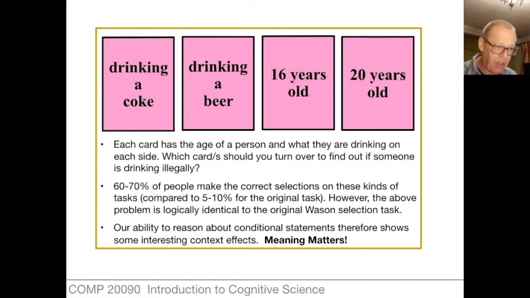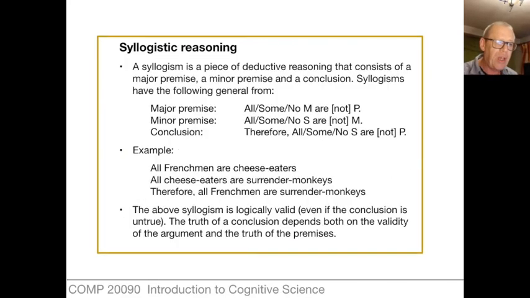second assertion and then a conclusion. Propositional logic goes much further. We can enlarge the set of the kinds of propositions we have. So introducing the words all or some or no into our set gives us much more complicated syllogisms. So for example, taking an example from The Simpsons, if we have a proposition all Frenchmen are cheese eaters, and we have a proposition all cheese eaters are surrender monkeys, are we valid in deducing that all Frenchmen are surrender